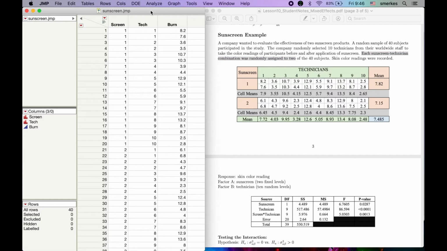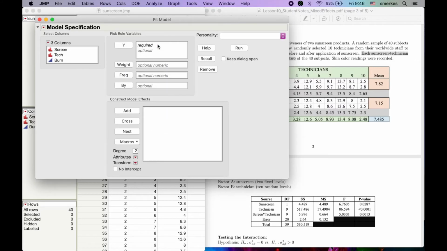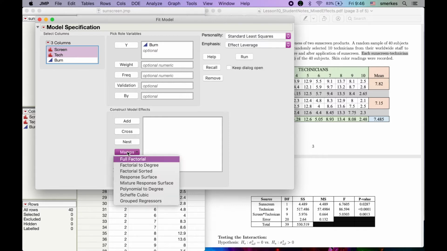Okay, so in JMP it's similar to what we did with our random effects. We're going to go to Analyze, Fit Model. Our burn is our response, so we're going to put that in our Y. Again, we are in a full factorial design, so we're going to highlight both screen and tech, go to Macros,